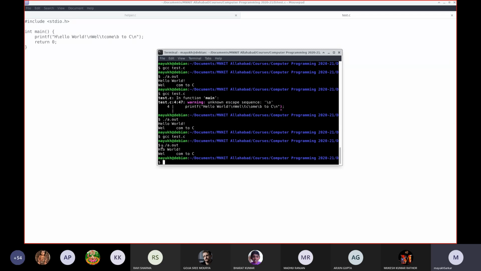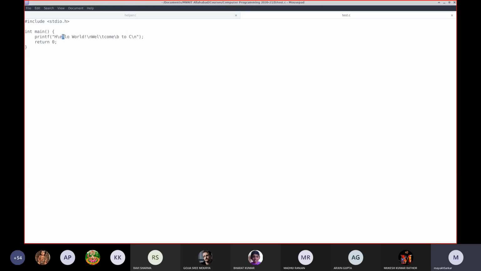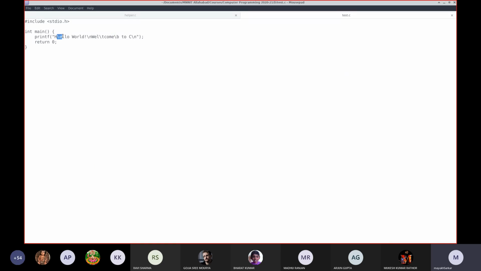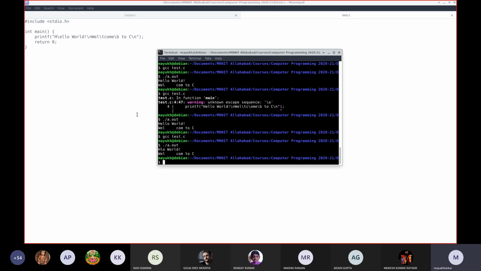Like \b removes the previous character, \e removes the next character. H, then \e removes the next character E, and only L and O got printed. So that's what \e does, but \e is not available on Windows as far as I know, but you can check it out. On a Linux system, \e serves that purpose as well.